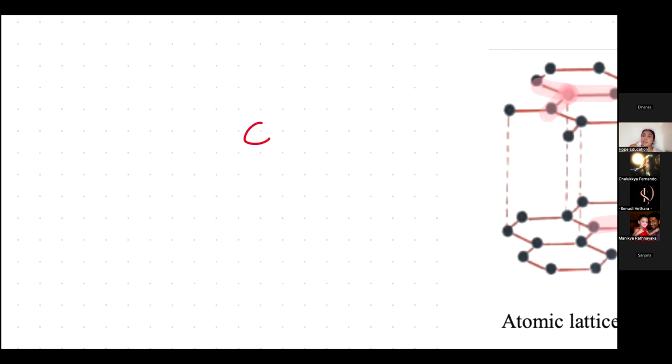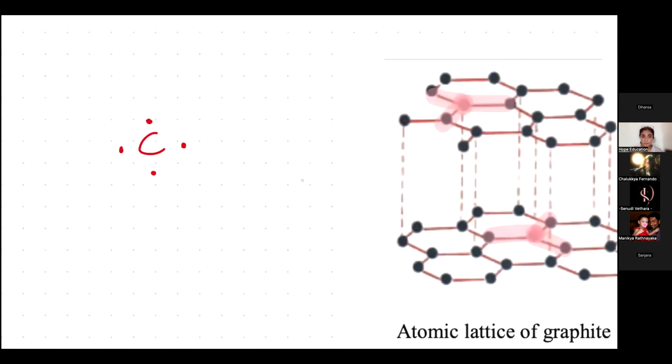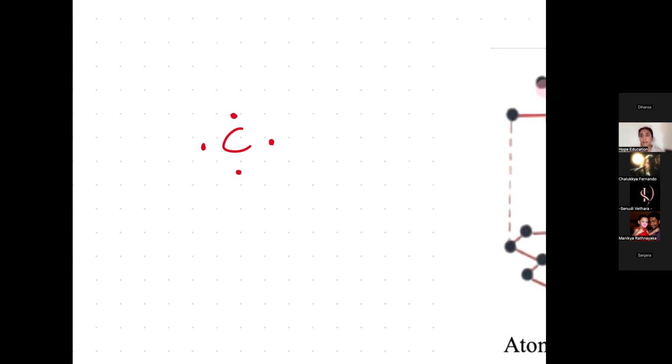So there are 4 electrons in the outermost energy level. 1, 2, 3, 4. Now what has happened in graphite? Every carbon atom is bonded to 3 carbon atoms. Right? So here